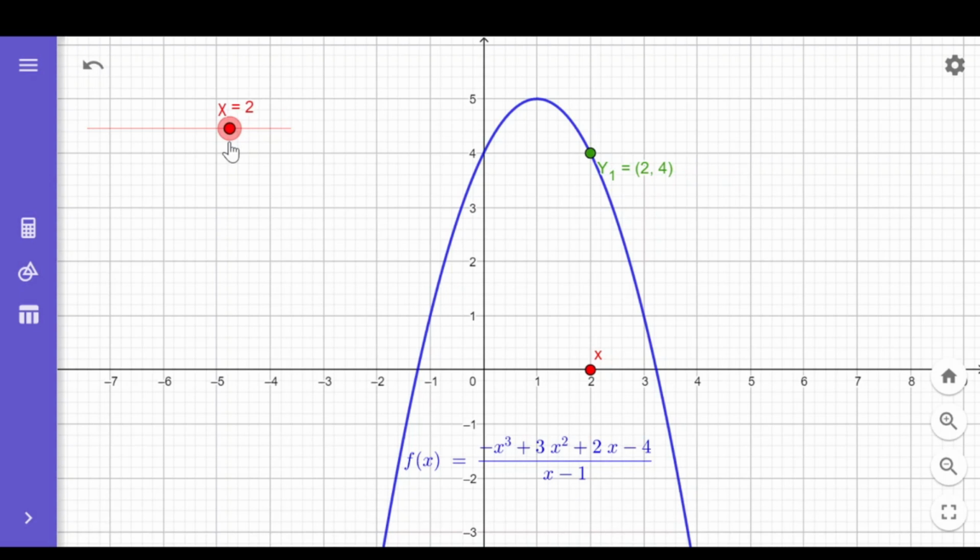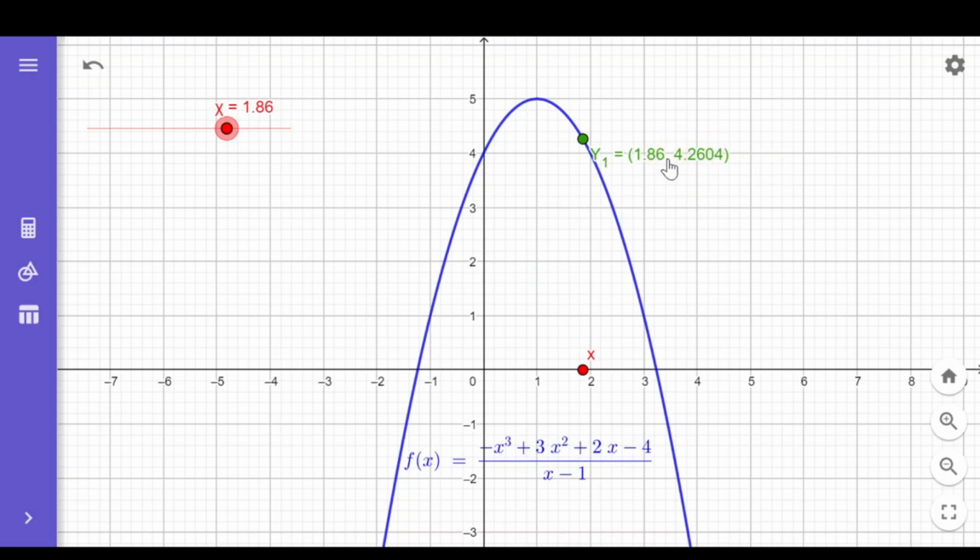These are numbers that are actually close to positive 1 from a specific direction. Kasi nasa number line tayo, at x equal to 1, merong nasa right side ng 1 at merong nasa left side ng 1. So yun. So kailangan specify natin kung saan nanggagaling yung mga close numbers that are close to 1. So it's either coming from the right or coming from the left. So these are numbers that are close to positive 1 from the right of 1.96, 1.59, and let us observe what happens to the y value.